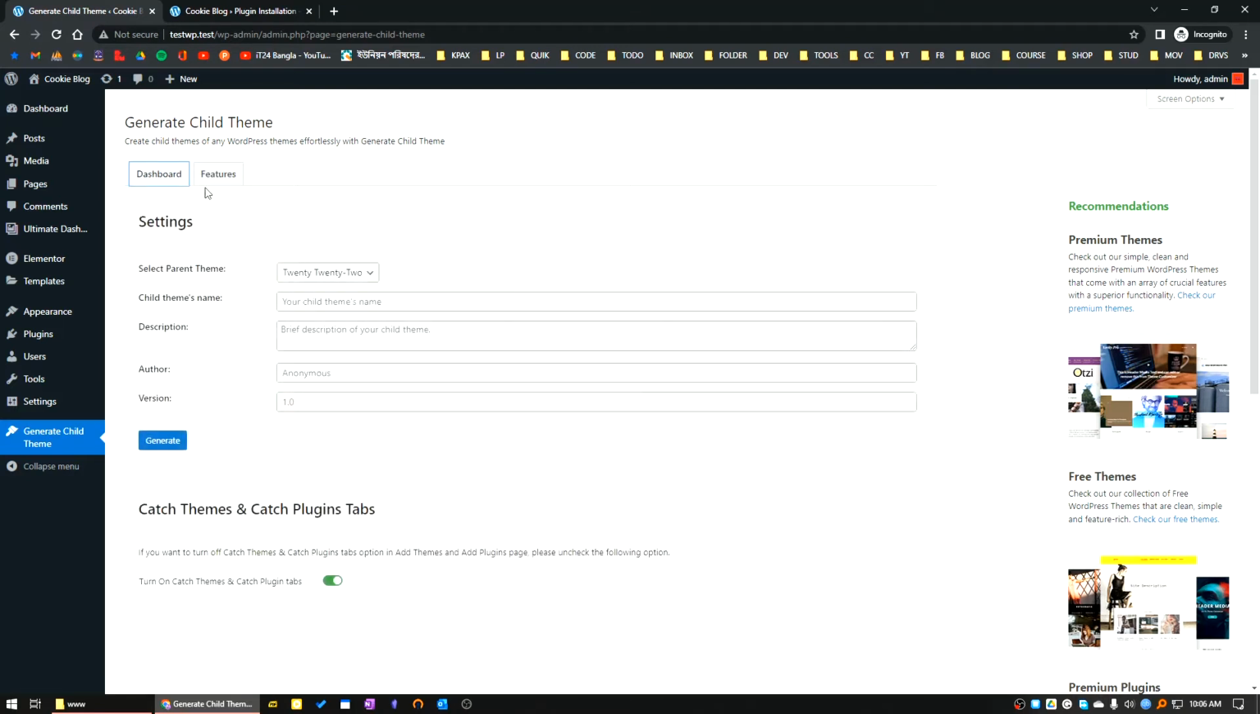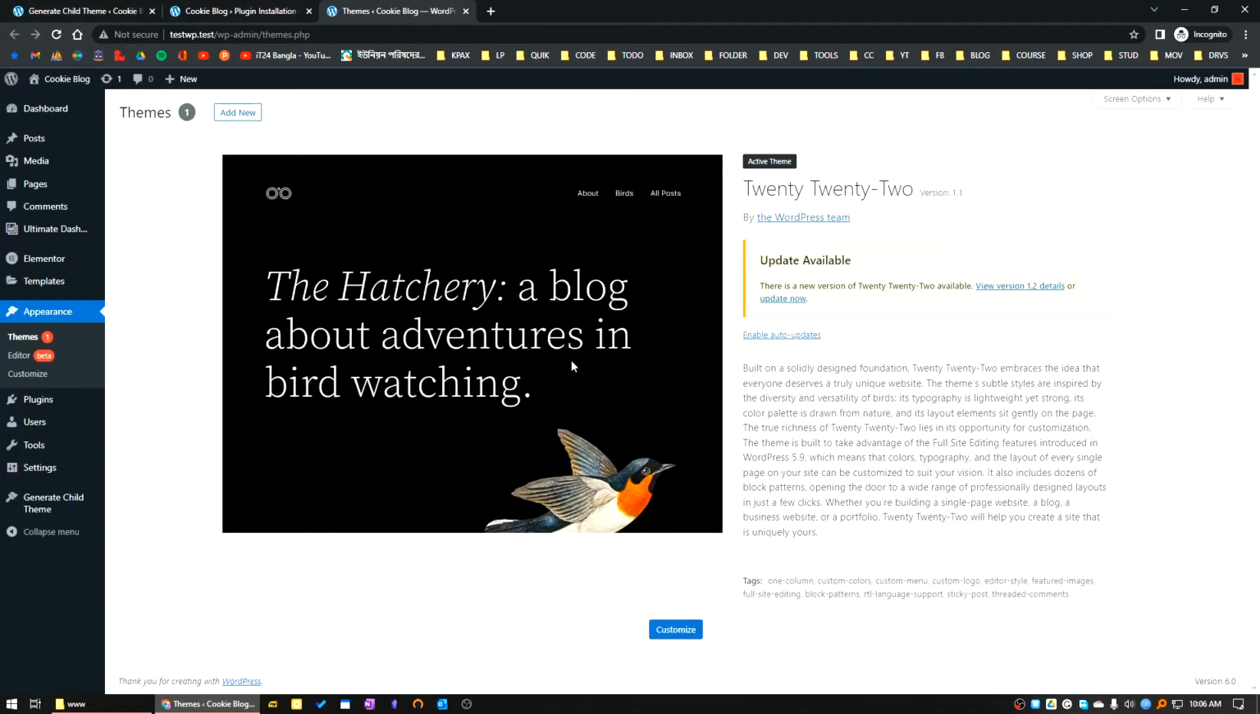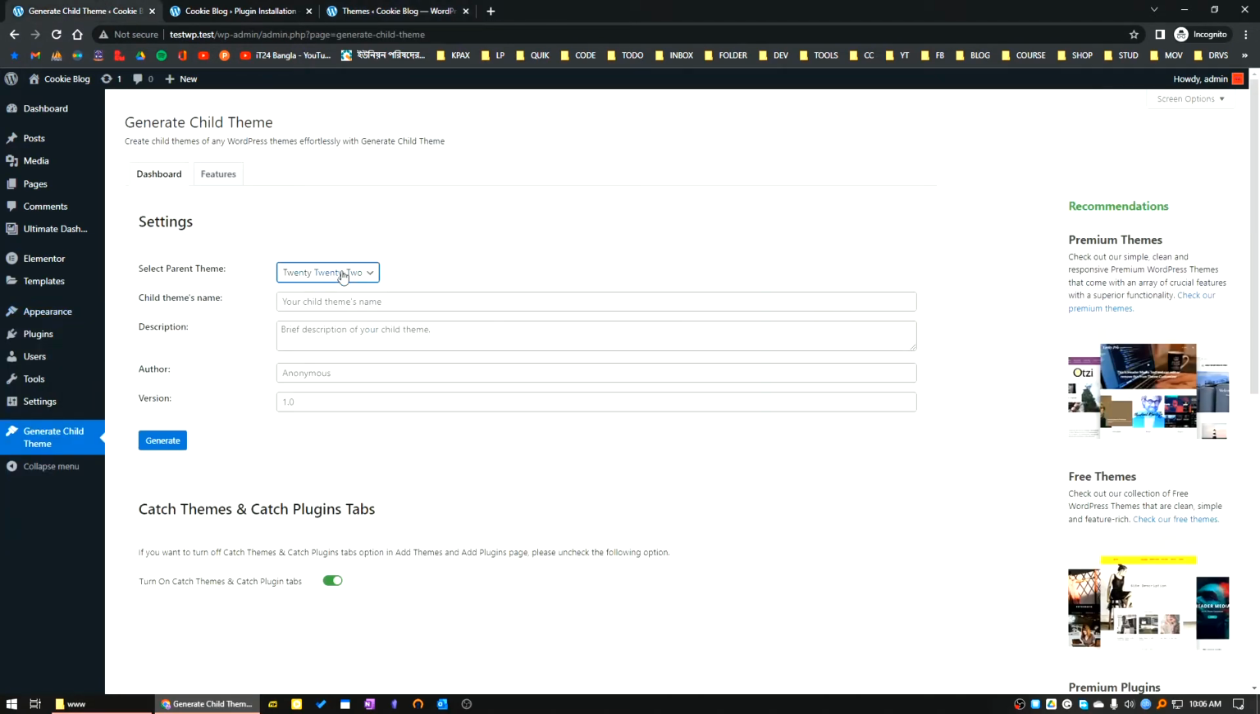Generate child theme. First of all, you have to create the theme you want. You have to choose a parent theme first. Here we can see there is only one. Let's go to the themes area. We have only one theme, 2022, so that's why there is only one theme here. If there are many themes, you can see the theme names in this drop down list. So we will select the parent theme, then we will write the child theme's name,